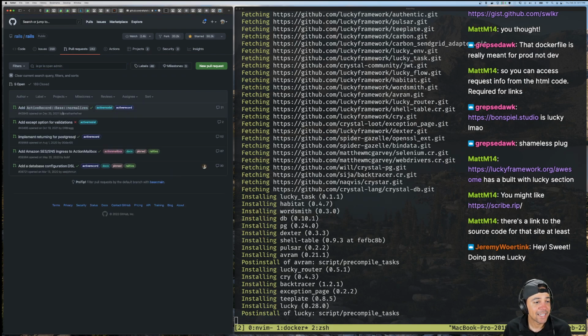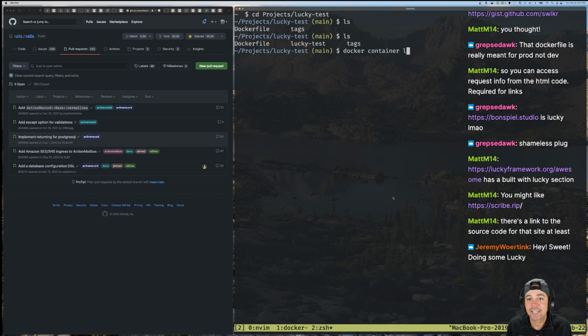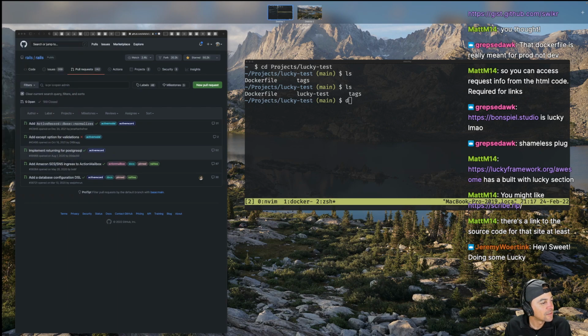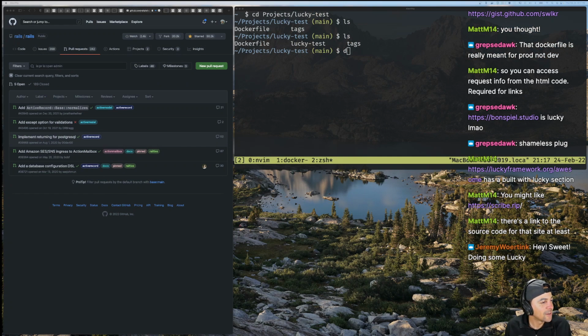But luckily I have all day because I swear this thing's broken. What if I just try to start it? Can I just Docker container ls? Actually, you know what? I don't think I spun down my other Docker containers. Let me do that first. I always forget that. Let me do it over here though. It's secret work stuff that I don't think I can show. Let's see. Docker container. Yes, it's all running, it's all there. Okay, let me bring this stuff down.